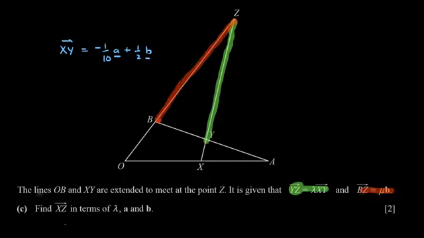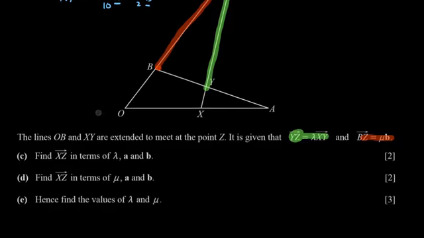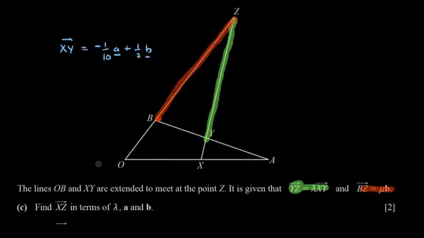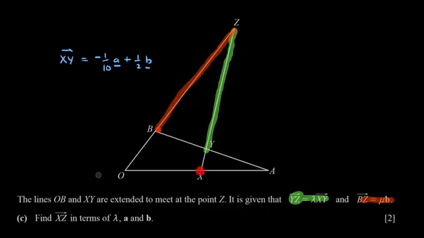Okay, so what are the questions? Well, really, we've got 3 related questions, which is why I've grouped them up. We want to find XZ in terms of lambda, A and B. So what's XZ? XZ is we're going from here all the way up to here. So how can I write that? Well, I can say that XZ